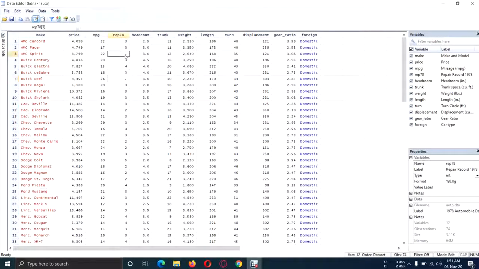For example, if you want to replace this missing value with a numeric, for example 3, just put 3 and press enter. It has replaced. Why is it editing? Because you clicked on edit mode before. After that you click on save and it will save your file.